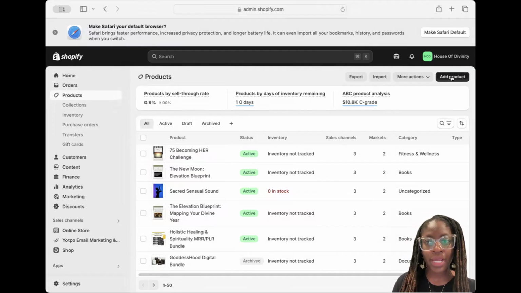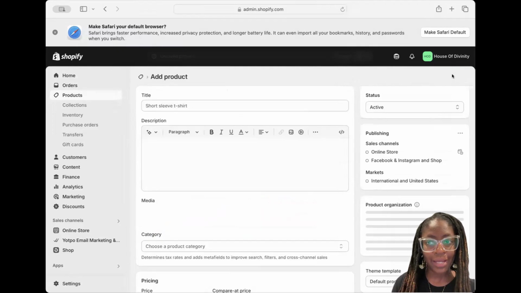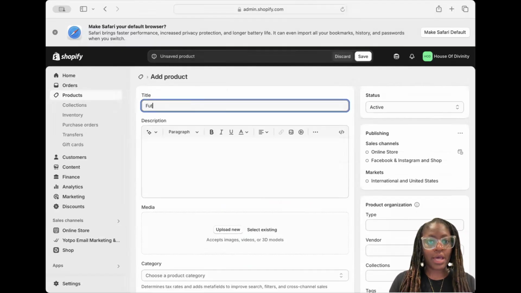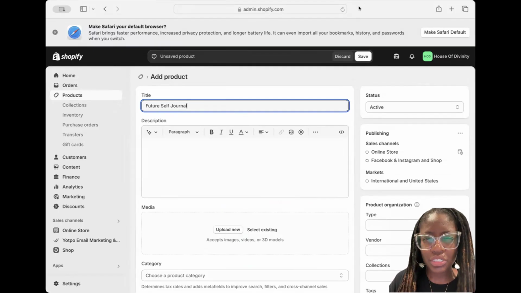And so I'm just going to go to the top right corner and click add product. And this is my future self journal. Now, sorry, this is in Safari. I'm actually not used to using Safari a lot. But when I go to